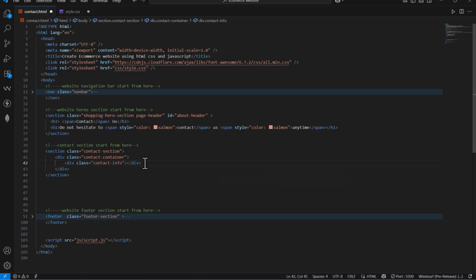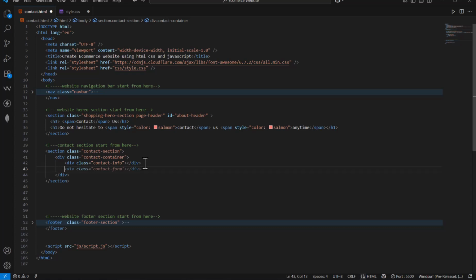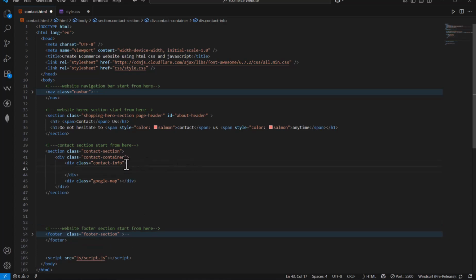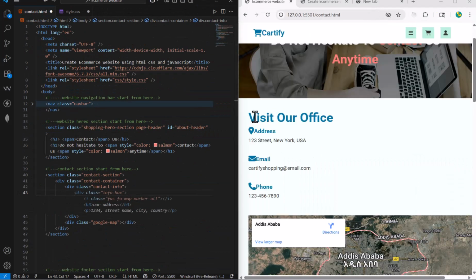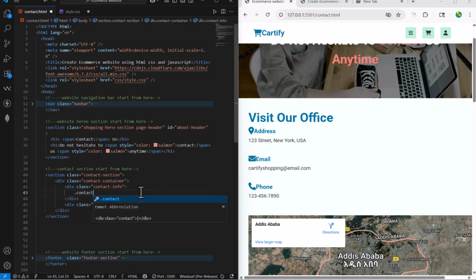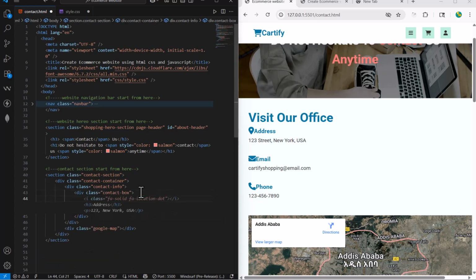And for the Google map, I'm just going to create a div element with a class name, let's say google map. Here we have. Yes. Inside this contact info, as you can see here, we have the contact information right here. We need to have a div element with a class name, let's say contact box. Inside this, we need to have another div element with a class name, let's say